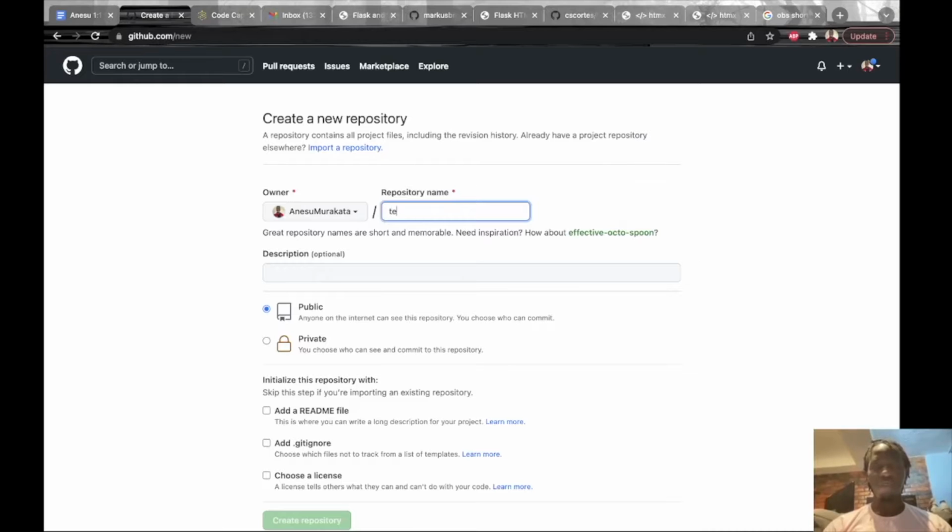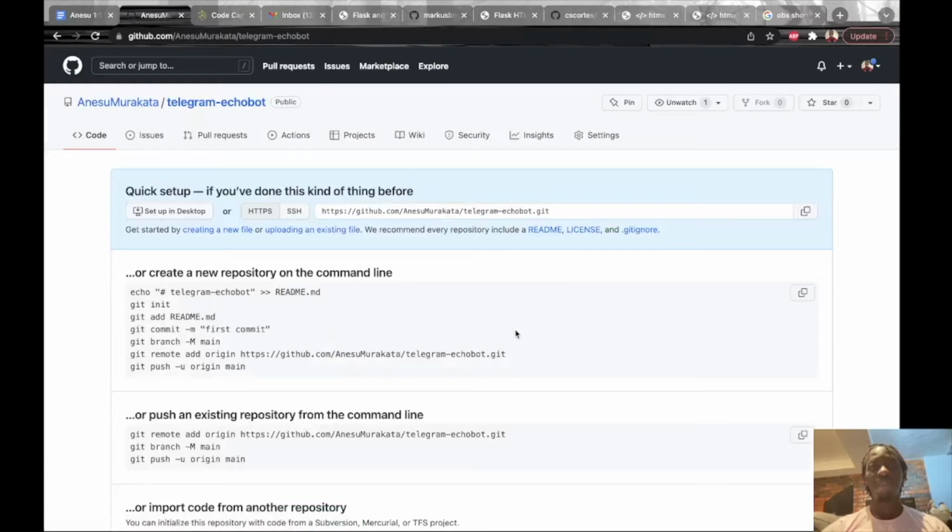And I'm just going to call it Telegram echo bot. And after you've written the name, you can go and click on create repository in order to create the repo. And afterwards you can copy the URL of the repository here so that we can push to it. So copy this URL here and then head back over to your